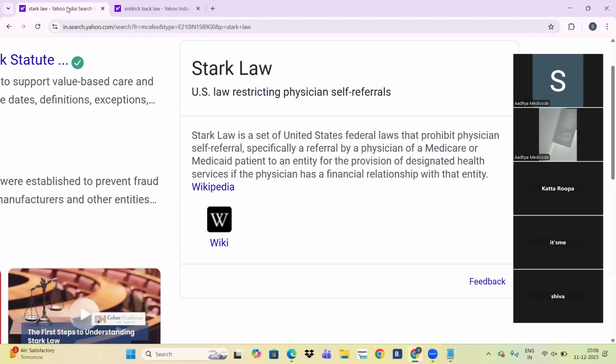This is prohibited by Stark law. Stark law will prohibit physician self-referrals. Clear? Any doubt about physician self-referrals? Clear. Yes.